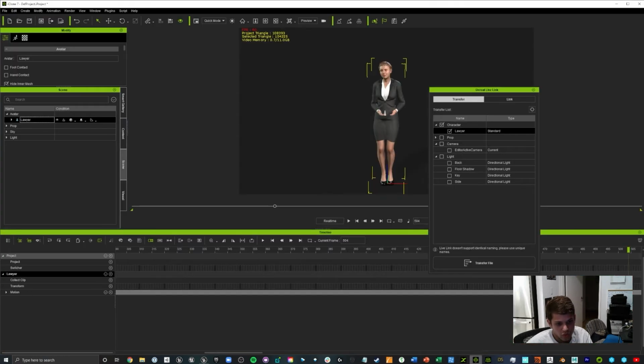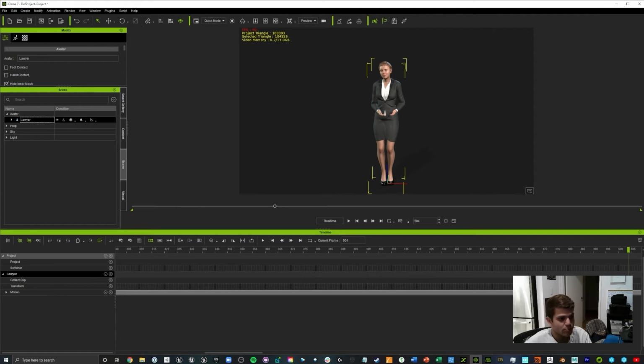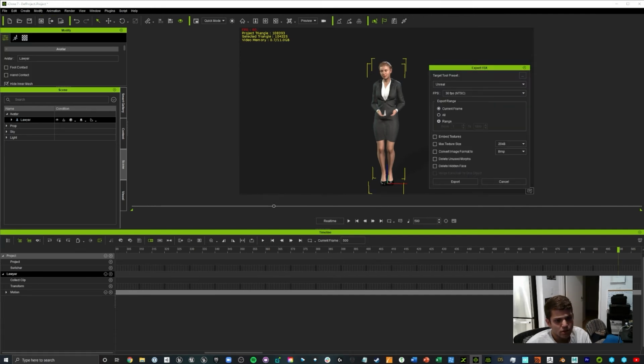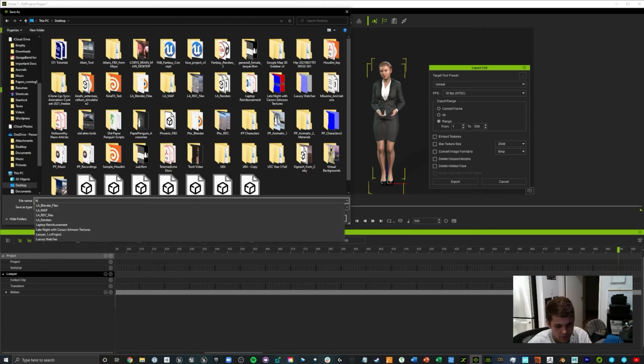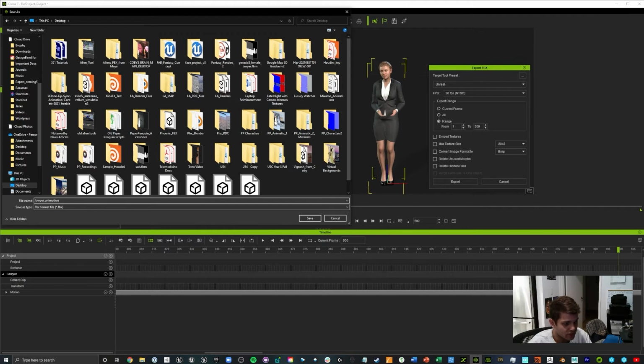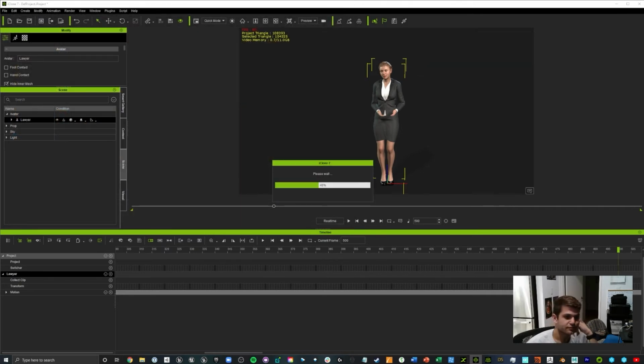So in order to get this animation, we are going to export the animation for its 500 frames. So we're going to go File, Export, Export FBX, range 1 to 500, and target tool is Unreal, 30 frames per second, that's fine, and export. So we're going to export that to, we're going to say Lawyer Animation. Save. So this will probably just take a sec. It's 500 frames of animation